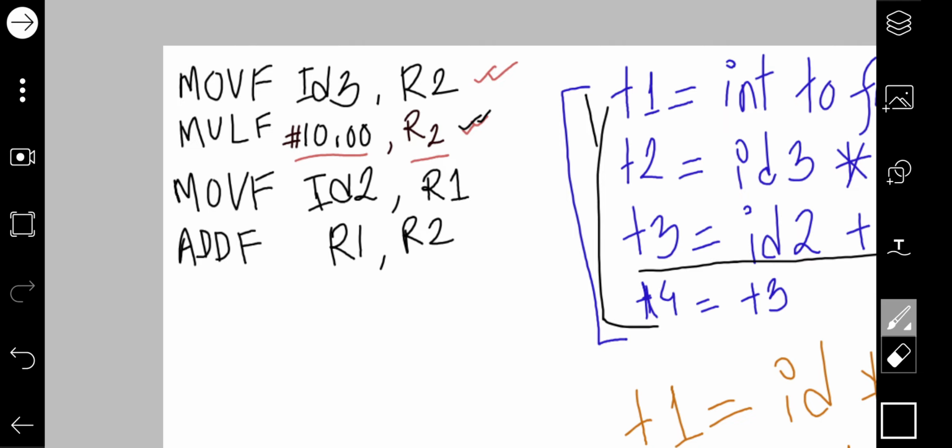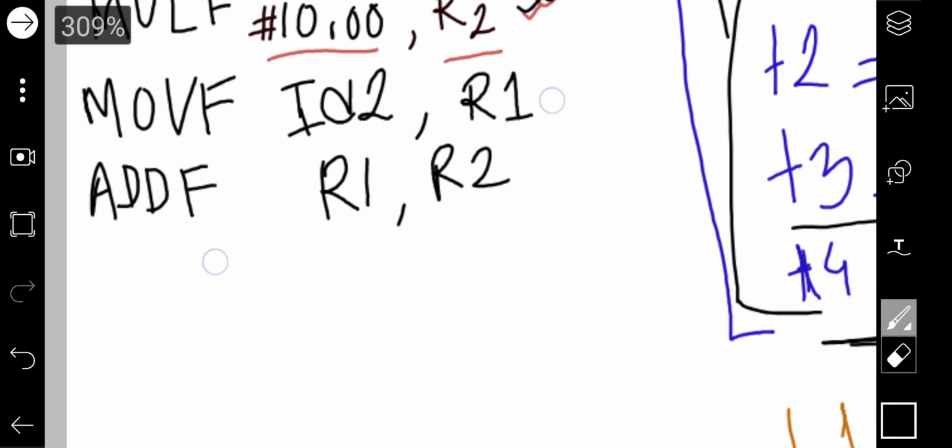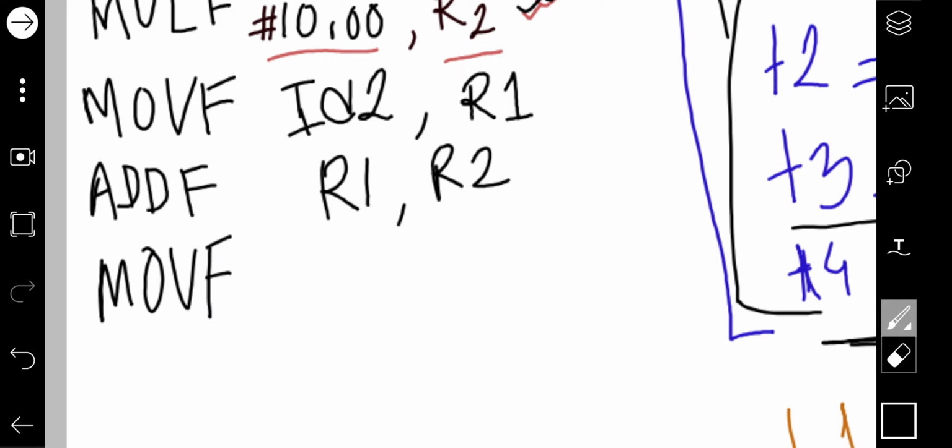Now the final step is I have to declare the result as ID1, because there is an equal sign. I have to do the work of that also. So MOV, the result R1 will be declared as ID1. This is the last machine code.